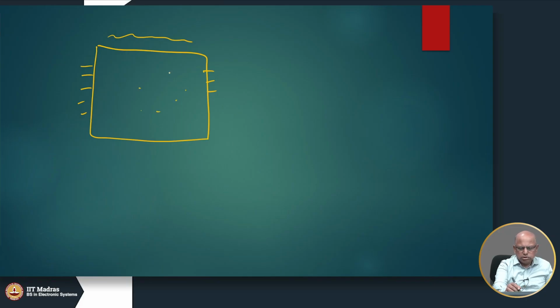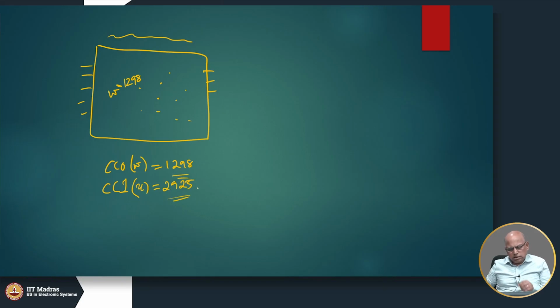So, at some nodes you may find big numbers like 1298 as the combinational controllability CC0. Let us say CC0 of some wire, let us call it W, is 1298. Similarly, combinational controllability CC1 of some other wire, let us say U, may be 2925. If you have such big numbers, that means this line is very difficult to control to 0 or